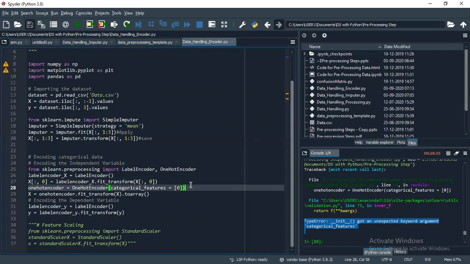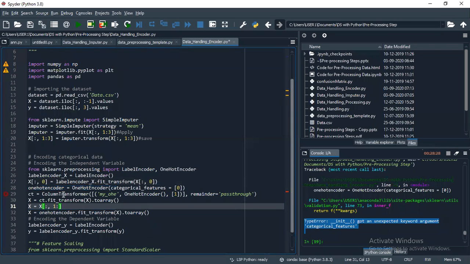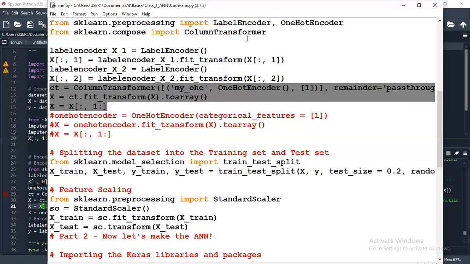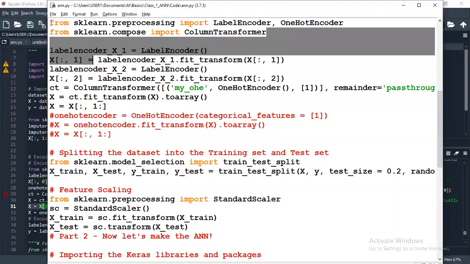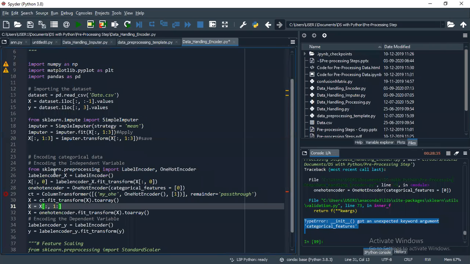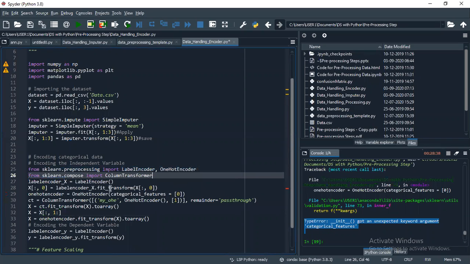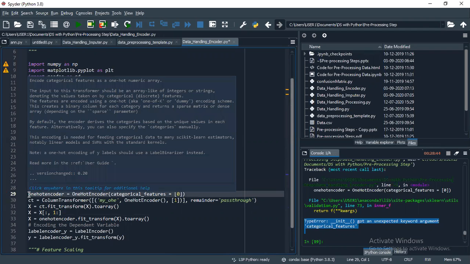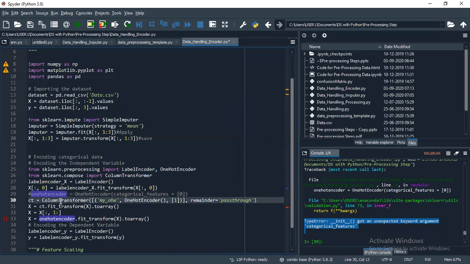And we need to import these two things as well. Along with the label encoder and one hot encoder, we need to import the ColumnTransformer as well for this latest version. Instead of the categorical features, with the column transformer you need to pass a string argument by default.